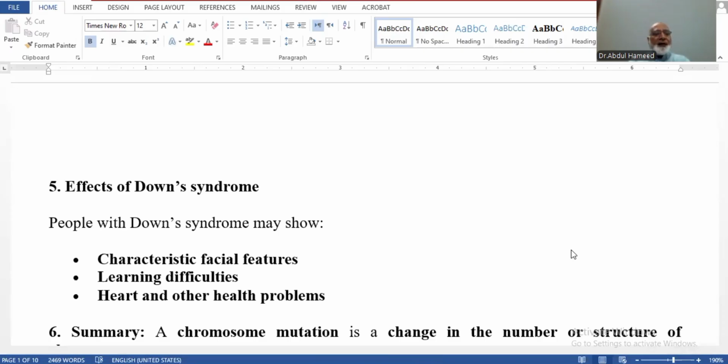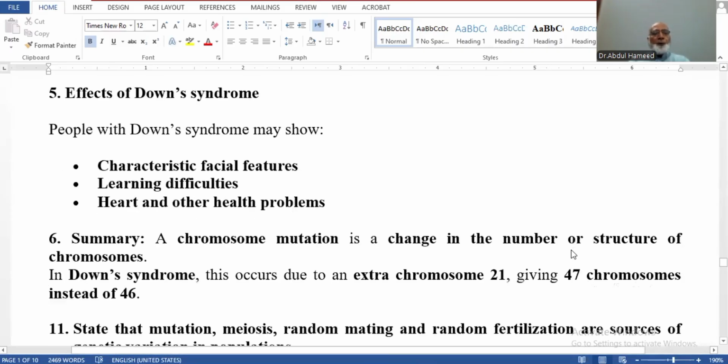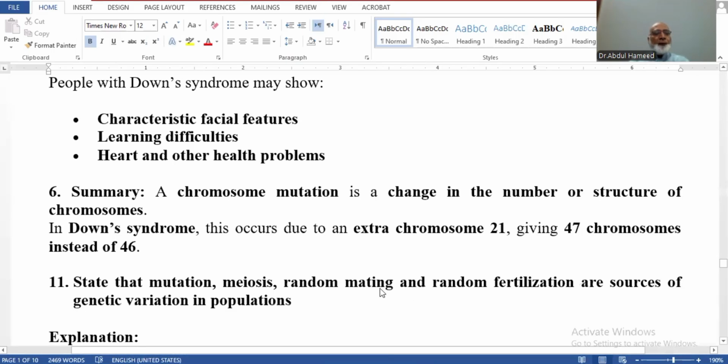Learning difficulties, heart and other health problems. So chromosome mutation is a change in number or structure of chromosomes. In Down syndrome, this occurs due to an extra chromosome in chromosome number 21, giving 47 chromosomes instead of 46. Then the second last subtopic: state that mutation, meiosis, random mating, and random fertilization are sources